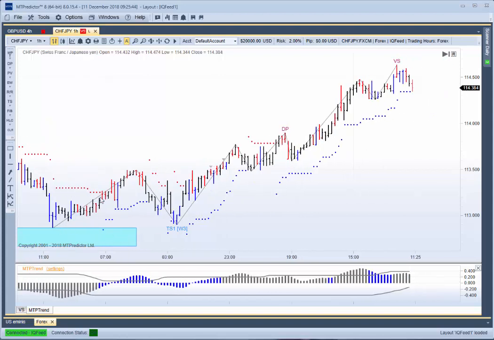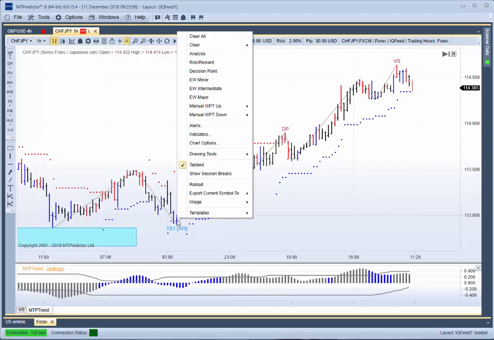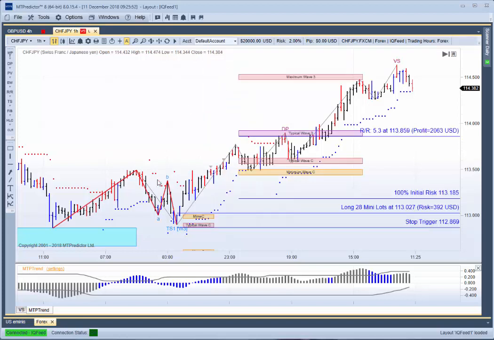So this would be the initial move up, which would be wave 1. This will be the initial correction, which would be wave 2. If I right mouse click over this blue buy bar, do the analysis. Here the wave 2 subdivides into an ABC, and this sets up our W3 or wave 3 trade setup. The initial target would be the typical wave 3 WPT, and you can see the market rallied up to that